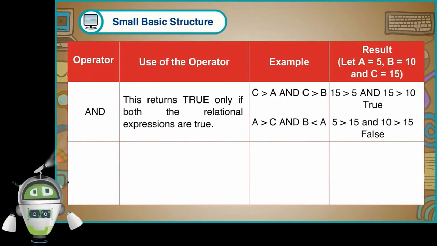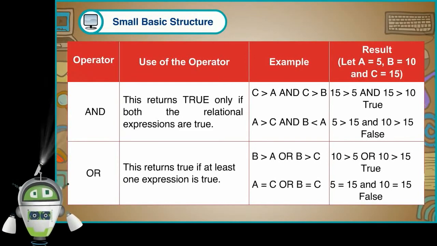And: this returns true only if both the relational expressions are true. C is greater than A and C is greater than B. A is greater than C and B is smaller than A. 15 is greater than 5 and 15 is greater than 10, true. 5 is greater than 15 and 10 is greater than 15,